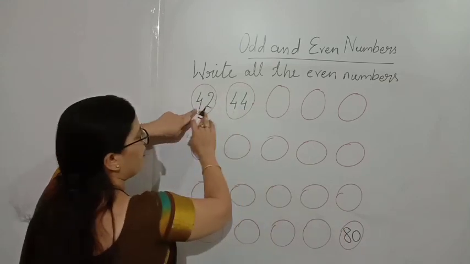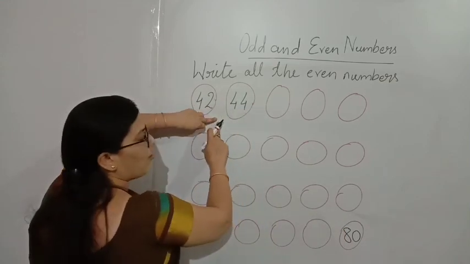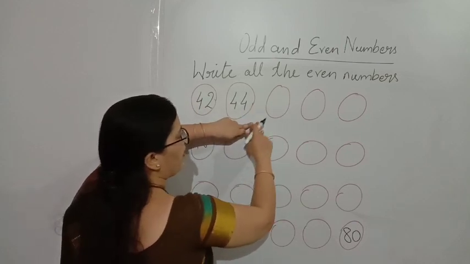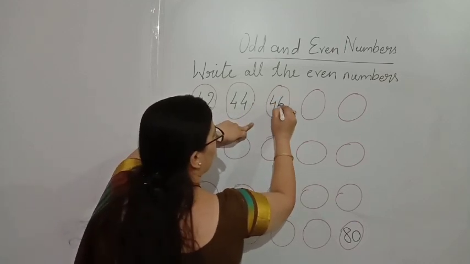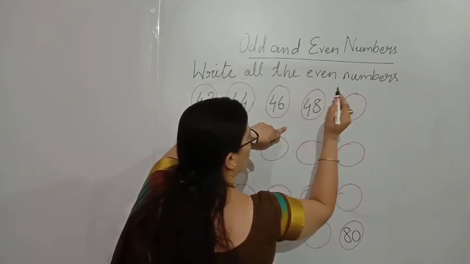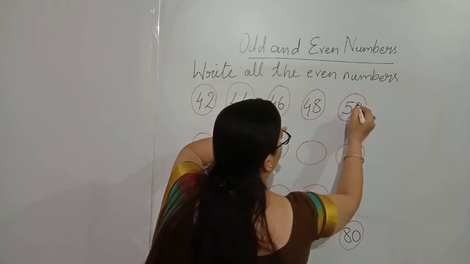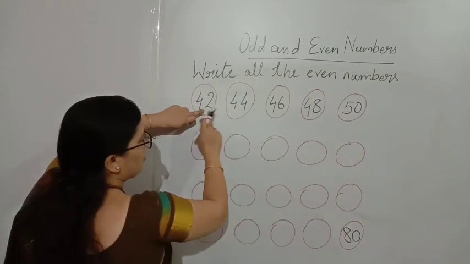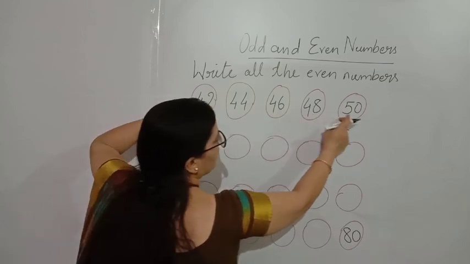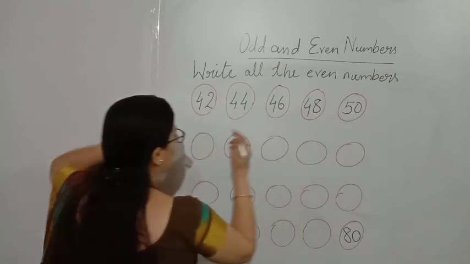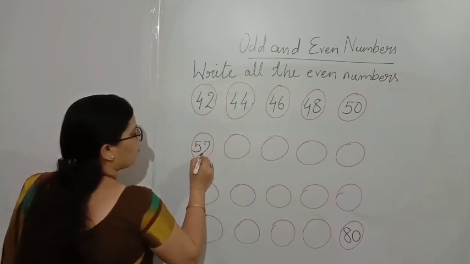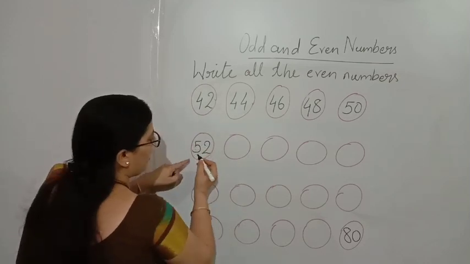42 is written, then we have skipped 43, then 44. Now skip 45, write 46. Skip 47, write 48, then 50. See what is at ones place? 2, 4, 6, 8, 0. Now the next number will be after 50. You have to skip 51 and write 52. We are writing even numbers. Then 52,